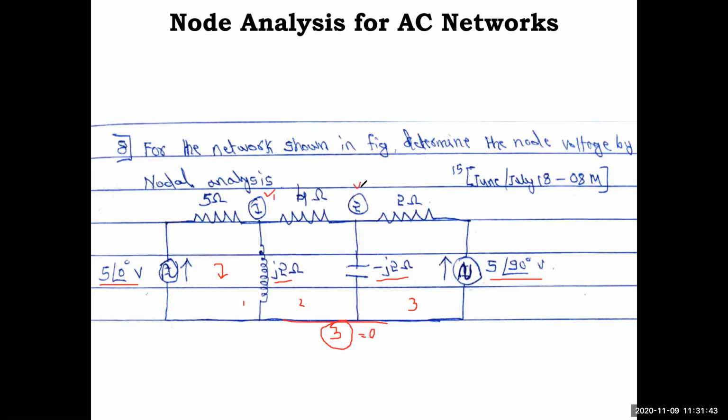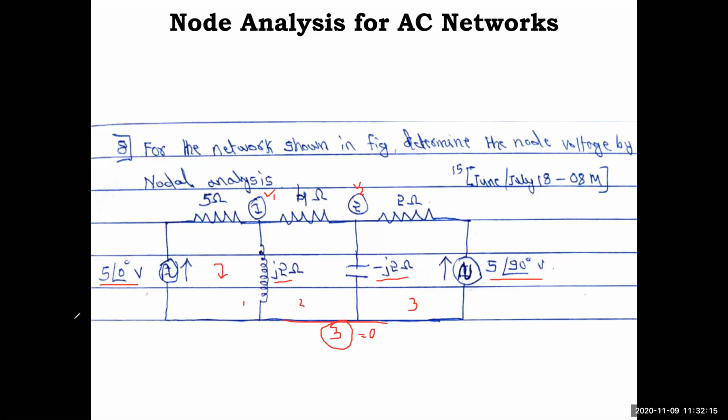First thing we have to do here is write the node equations. If it is in rectangular form, you have to bring it in polar form, and the final answer we can keep again in rectangular form. That's why the conversion should be very good: polar to rectangular, rectangular to polar. In the previous video I showed you how to bring polar form into rectangular form. Now rectangular form to polar form also we'll show you in this problem.